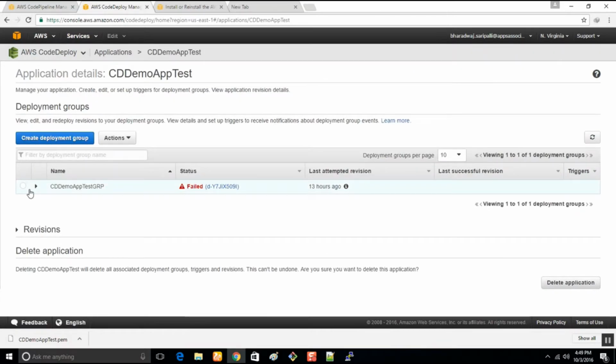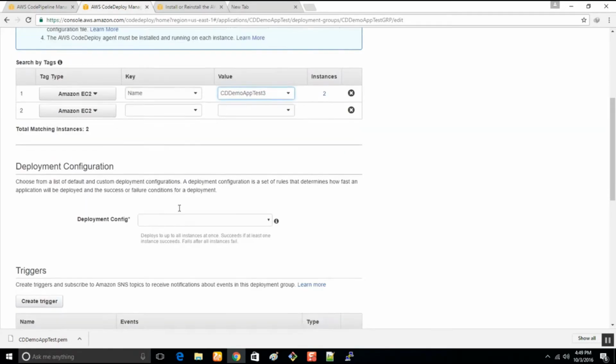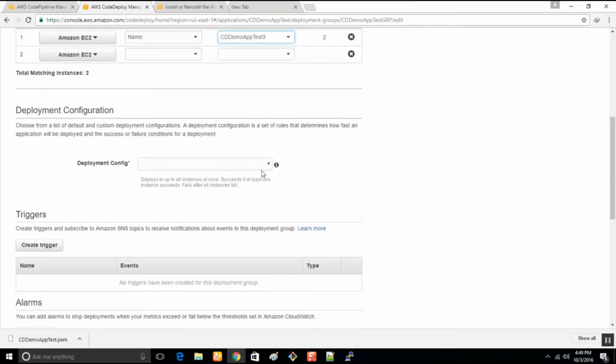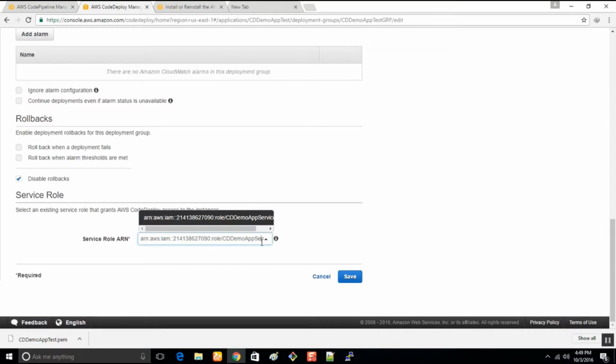cd demo app test, click on it, actions, edit, cd test3, deployment configuration, all at once. IAM role is okay. Hit save.